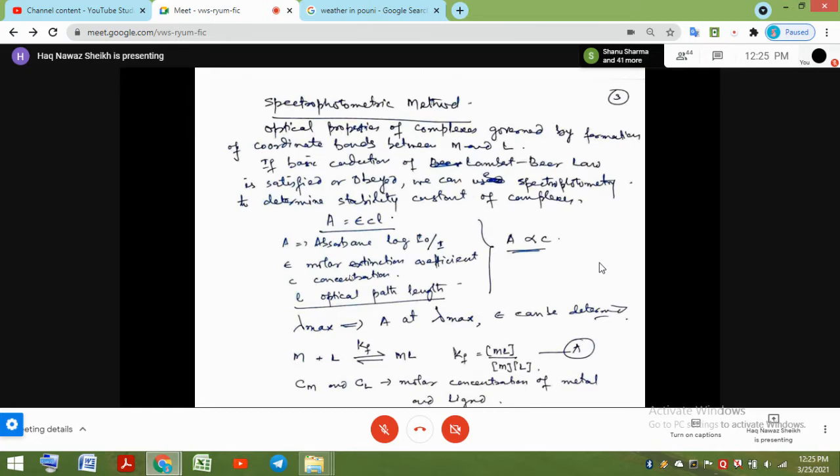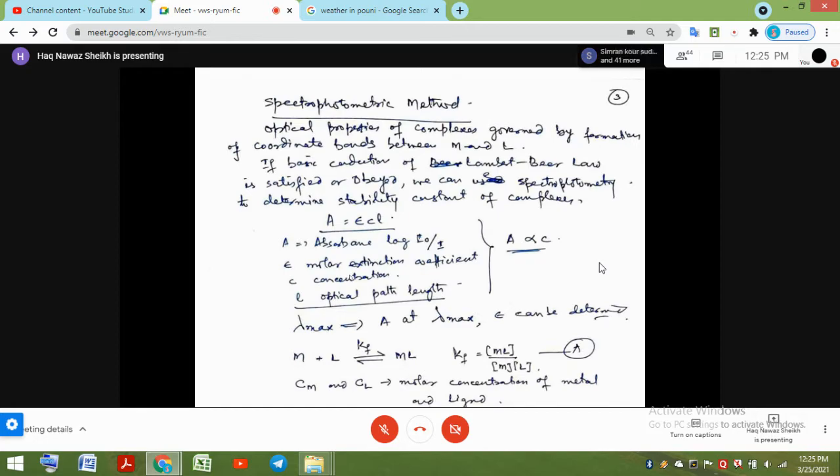Then the complex is M(H2O)5L. The five waters retain their positions, only one ligand L enters and one water molecule goes out. So it depends upon the situation, on the concentration of the ligand, and on the affinity of the ligand with the complex, etc. These are reaction conditions. So you can investigate,